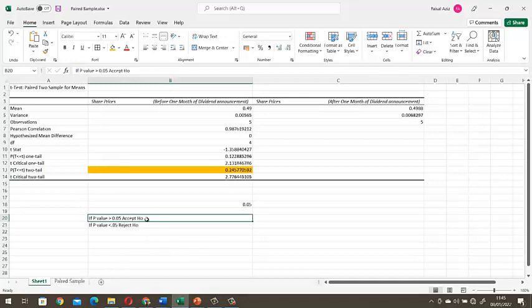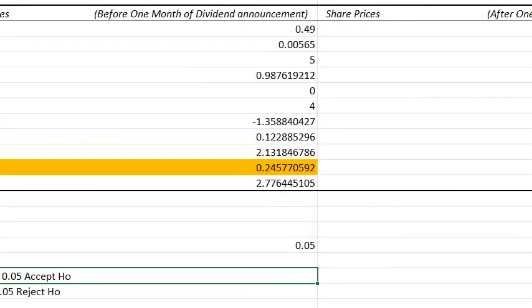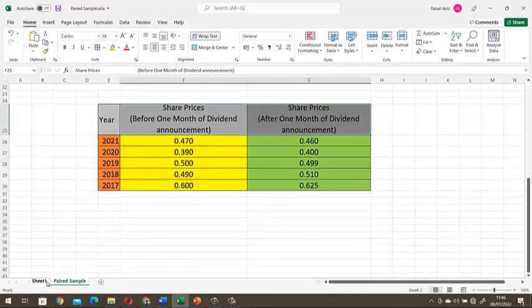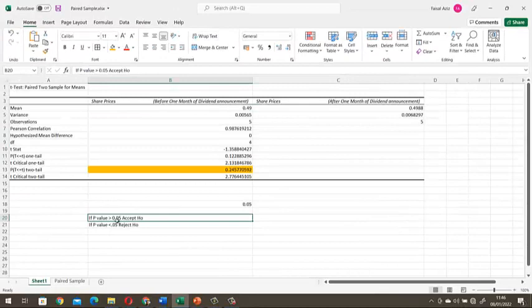And what was our null hypothesis? That dividend announcement does not affect share prices significantly. So by chance it is getting accepted. Why? Because I just took this hypothetical data by myself to show you how we can run a paired sample t-test. So you see that this is statistically significant.